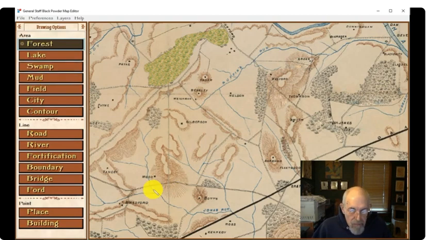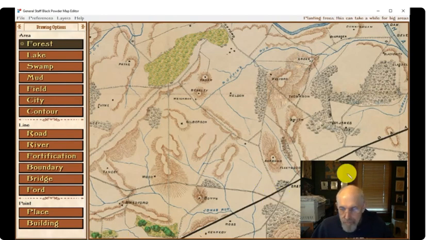Now we still have the forest tool, so I'll do some more forest drawing. Again, I really want to confirm I'm terrible with this. There's another one. Same thing. I'm going to later on take the trees out of that. Oops, that's a terrible forest there.